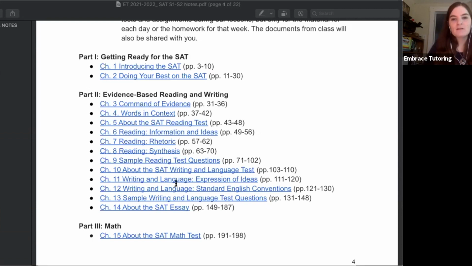So subject, again, we have gone over that. Everyone at this point should have their preferred order, or at least their current preferred order, of passages for the reading test. So this includes whether you're going to approach the history, humanities based, social studies based passages first, whether you're doing literature, science, or the paired passage, or if you're doing social science first. Everyone should have an idea about their order,